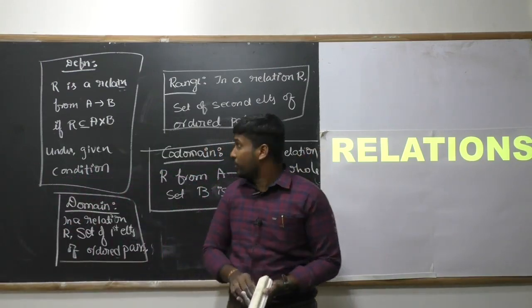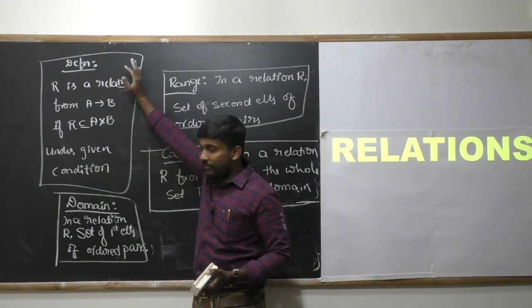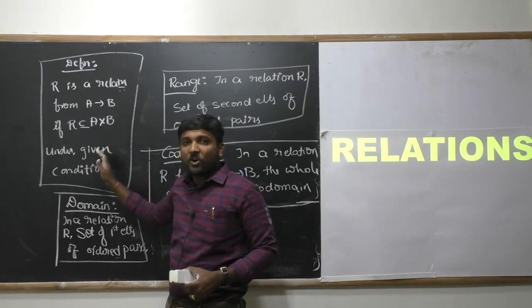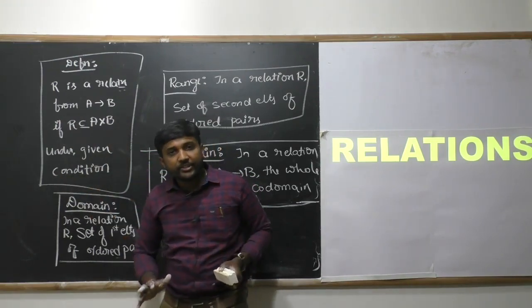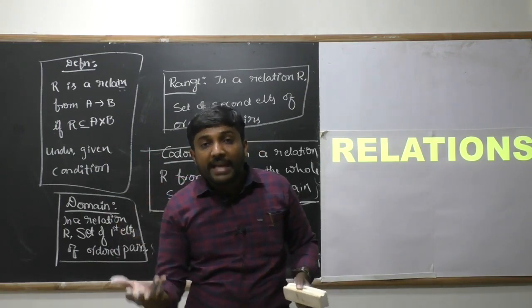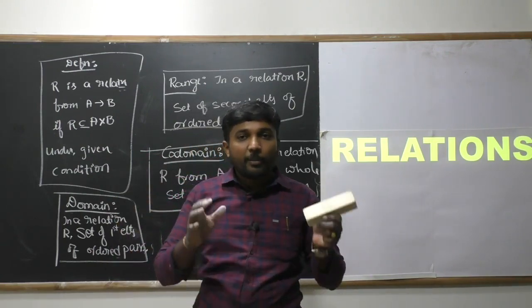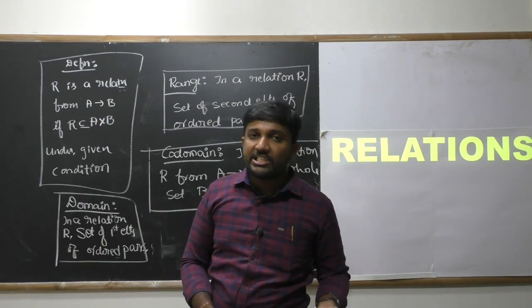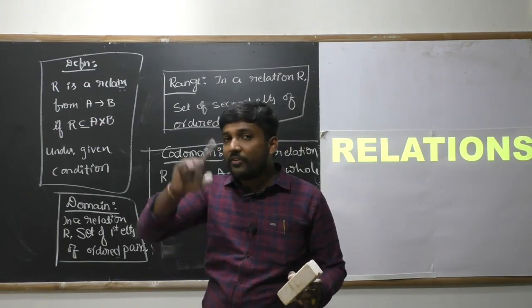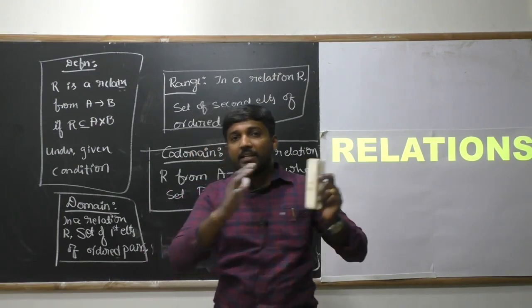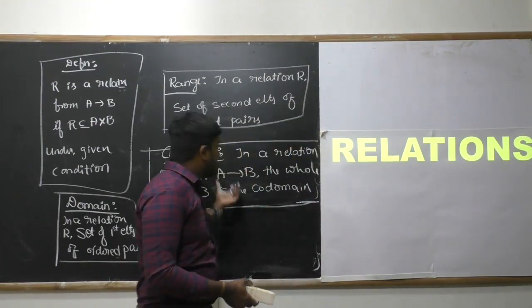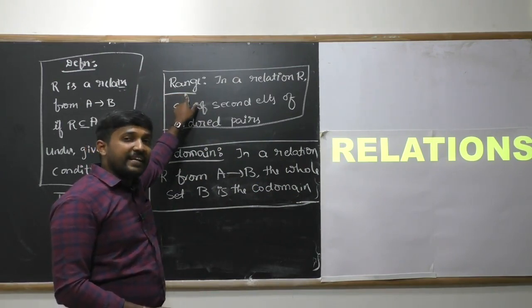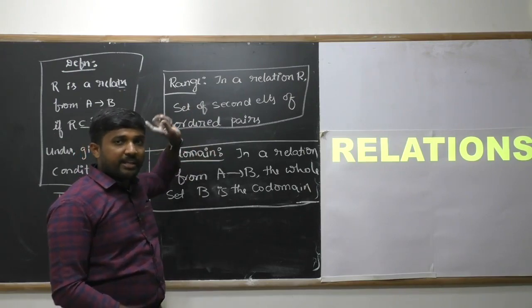First point ಯಾವುದು discuss ಮಾಡಿರುವಂತಹದ್ದು ನಾವು definition of relation. When we say that R is a relation from set A to B, R is a subset of A cross B under some given conditions. After that we discuss domain of a relation. What is the domain? Domain is the set of first elements of ordered pairs of the relation. Ordered pairs ನಲ್ಲಿರುವಂತಹ ಫಸ್ಟ್ ಎಲಿಮೆಂಟ್ಸ್ ನ ಕಲೆಕ್ಷನ್ ಅನ್ನು ನಾವು ಡೊಮೈನ್ ಅಂತ ಹೇಳಿ ಕರಿತೀವಿ. ನೆಕ್ಸ್ಟ್ ಏನ್ ಮಕ್ಕಳೇ? ರೇಂಜ್. ವಾಟ್ ಈಸ್ ದ ರೇಂಜ್? ಹಿಯರ್ ಇಸ್ ದ ಡೆಫಿನೇಷನ್ ಆಫ್ ರೇಂಜ್. ರೇಂಜ್ ಮೀನ್ಸ್ ಕಲೆಕ್ಷನ್ ಆಫ್ ಸೆಕೆಂಡ್ ಎಲಿಮೆಂಟ್ಸ್ ಆಫ್ ದ ಆರ್ಡರ್ಡ್ ಪೇರ್ of a relation R.